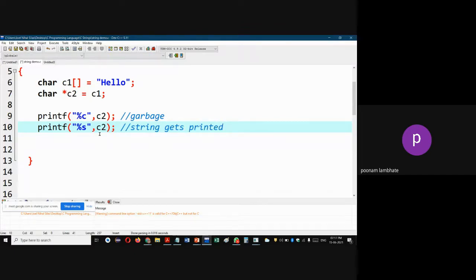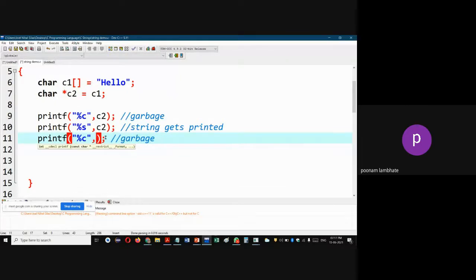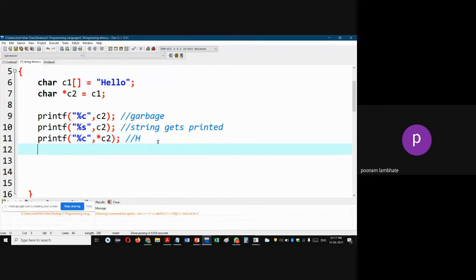Now, if I write %c and I write asterisk of C2, it is like asterisk of C2 plus 0. So it will give me the letter H. If I write asterisk of C2 plus 1, I will get the character E. And similarly, then if I print